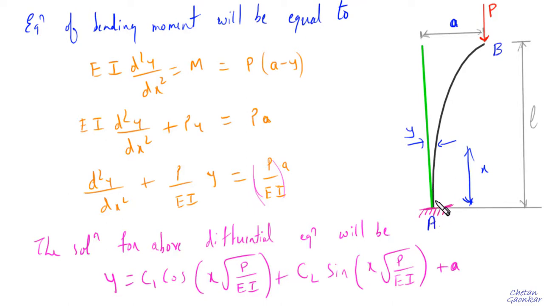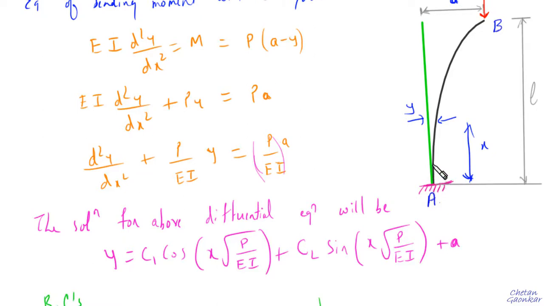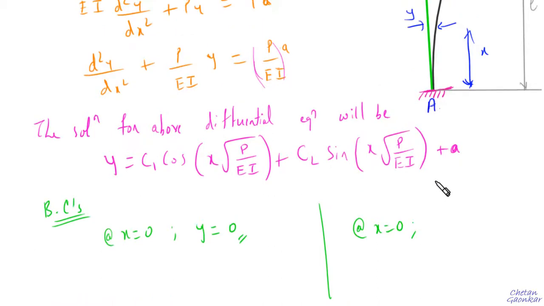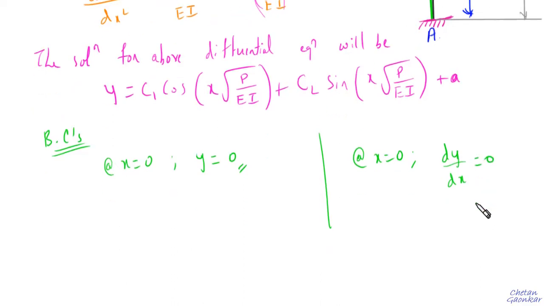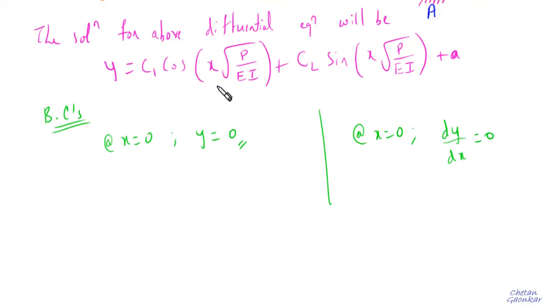If you remember from our knowledge of beams, whenever the end is fixed, along with the deflection, the slope is also 0, because it starts taking the curvature from slightly beyond this fixed point A. Therefore here even the slope is 0, the rate of change of deflection is also 0. So dy by dx, which is slope, is also equal to 0. Since we require dy by dx along with y, let us first take the first derivative of y and check what we will get.